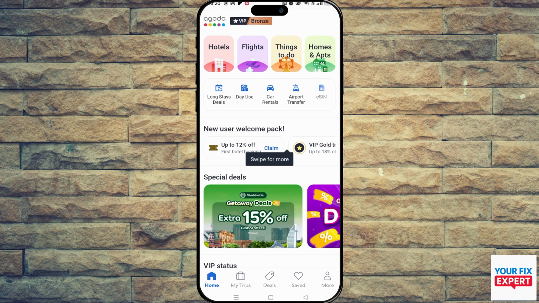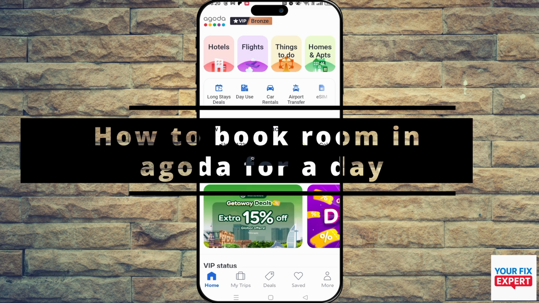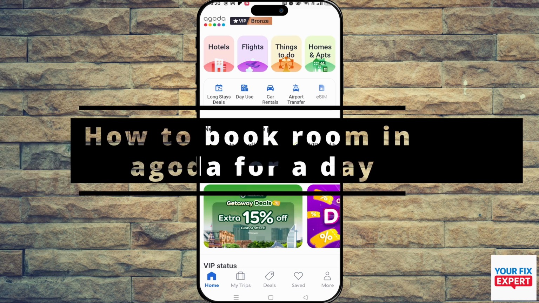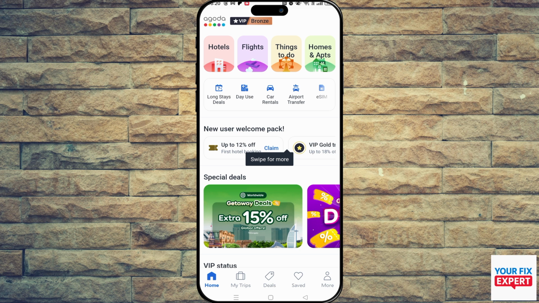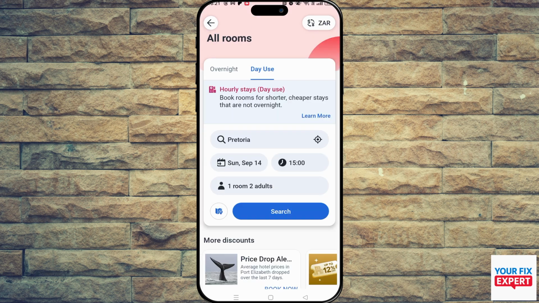In this video, I'll show you how to book a room in Agoda for a day. So when you're on the Agoda home screen, you'll notice the option here that says Day Use. So what you're going to do is you're going to click on that, and that'll bring you to the screen here. Now you can just click on Day Use or Overnight if you need to stay overnight,